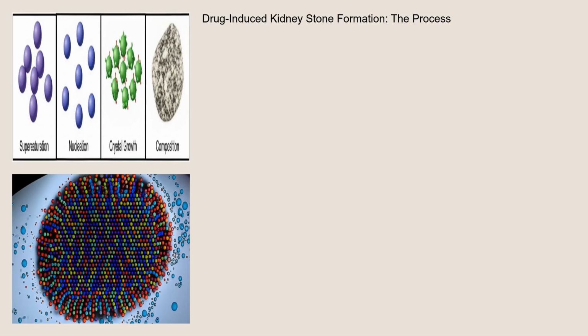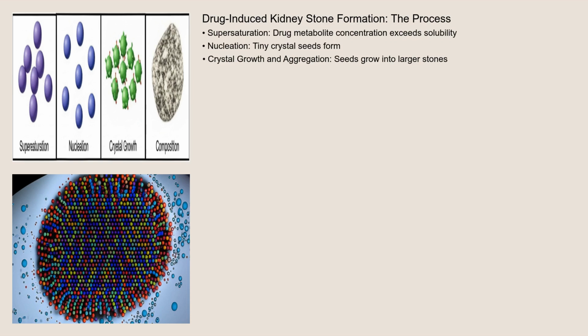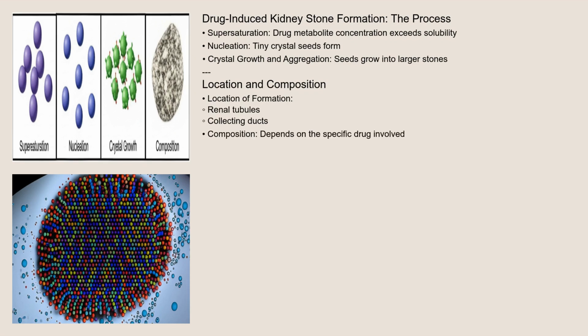Now let's get into the nitty-gritty of how these stones actually form. The process begins when the concentration of a stone-forming substance, such as a drug metabolite, exceeds its solubility in the urine. This leads to supersaturation. Next, crystals begin to nucleate, meaning tiny crystal seeds start to form. These seeds then grow and aggregate, eventually forming larger stones. The location of stone formation can vary, but it often occurs in the renal tubules or collecting ducts. The stone's composition depends on the specific drug involved. For example, Indinavir stones are composed primarily of Indinavir itself, while topiramate can increase urinary citrate excretion, leading to calcium